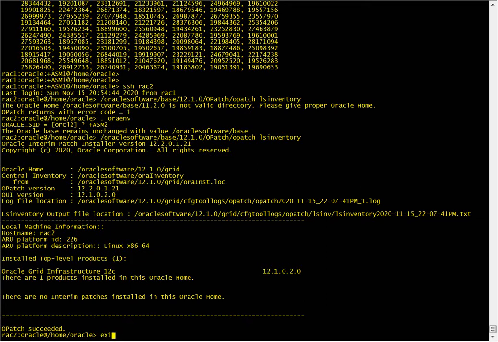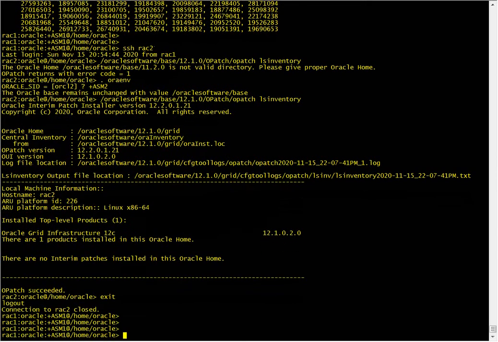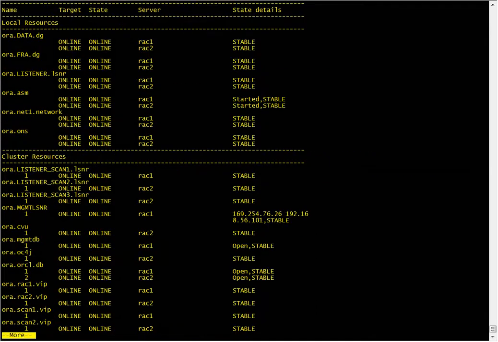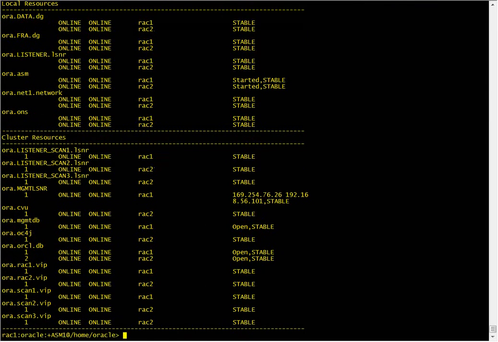I'm going to exit the SSH shell. So let's do a status check. Everything looks good. Once this is done, you can repeat the exact same steps on another node. So after that, all the